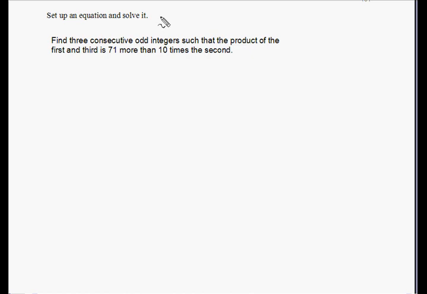Set up an equation and solve it. Find three consecutive odd integers such that the product of the first and the third is 71 more than 10